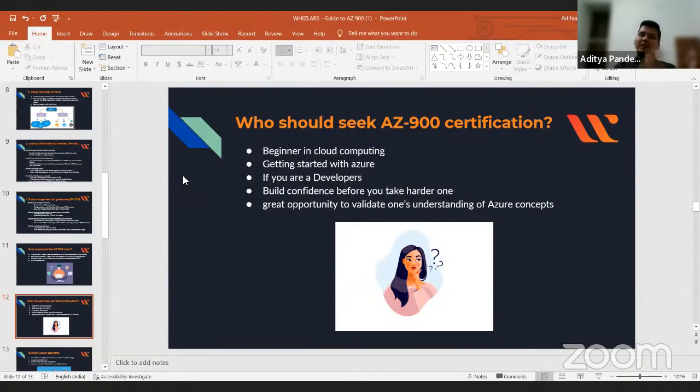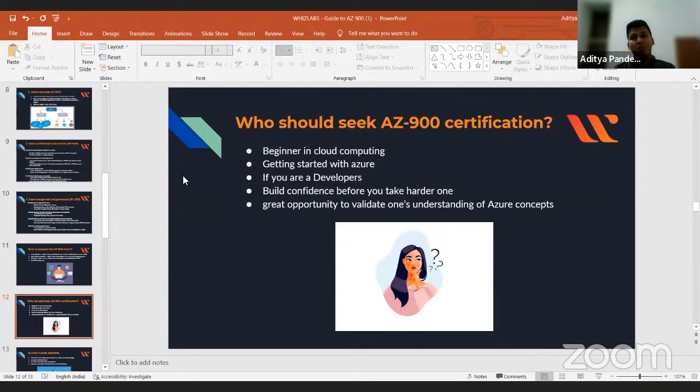And also, if you are a developer, let's say a cloud developer or a software developer, at a point of time, everybody takes help of cloud computing. Like we all are already taking help of cloud computing. I hope you all must be using Google Drive to store your data.